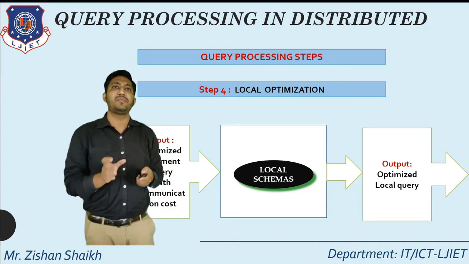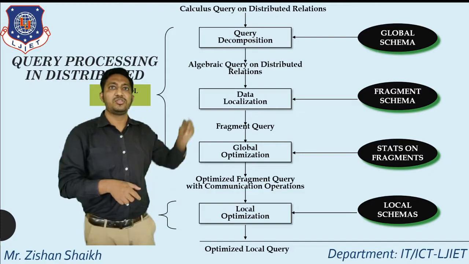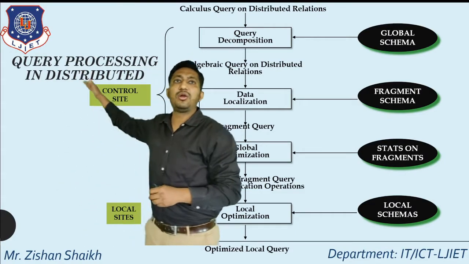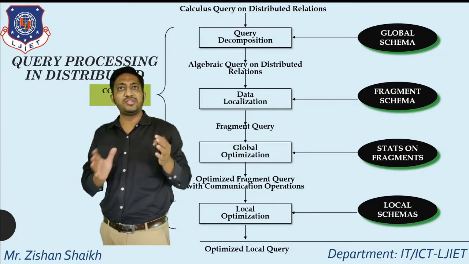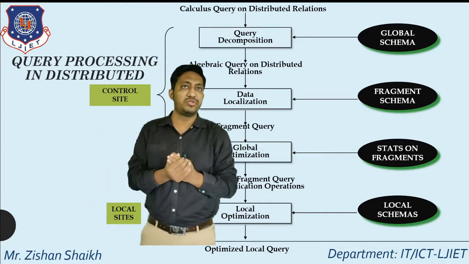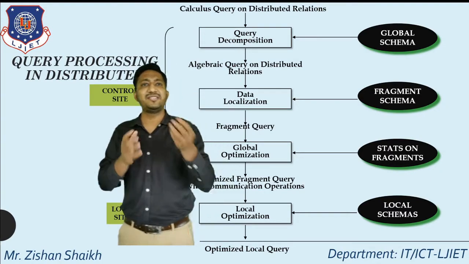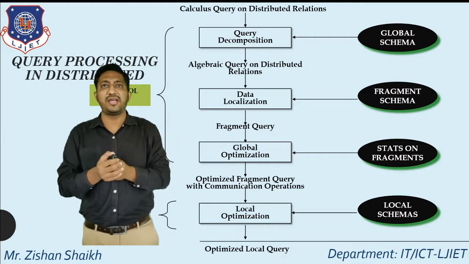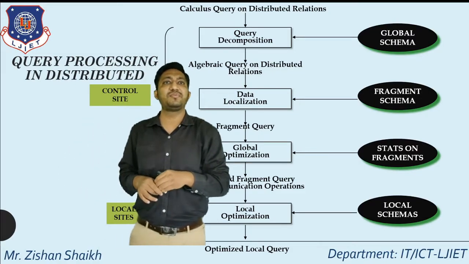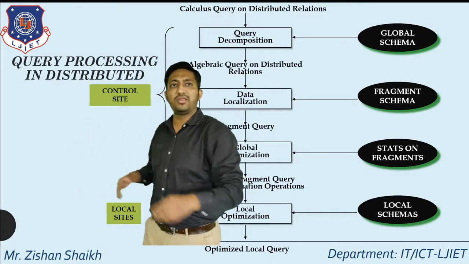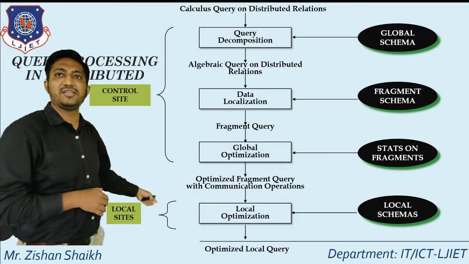So query processing in a distributed system follows 4 steps, which we already discussed in detail. The first 3 steps are all about the control side. Control side means where the query is coming from. In a distributed system, we are providing transparency to the user. So the user does not exactly know from where a particular request is coming, or from where our data is executed. The query may execute at any site. But if data is not available, then it is transparently transferred to the number of sites available at the remote site. So in step number 4, exactly where the data is, our query is executed. That's why we say that it is our local site.